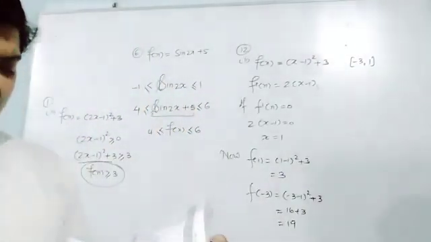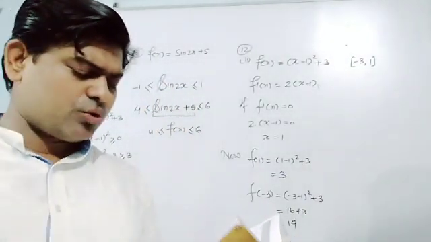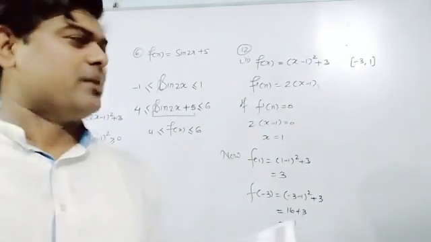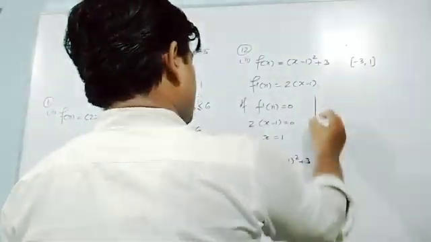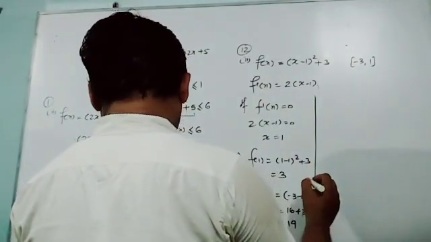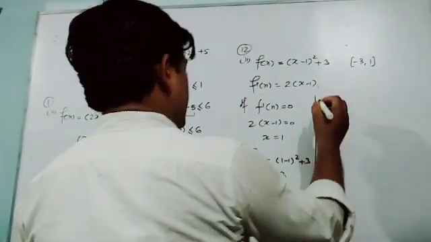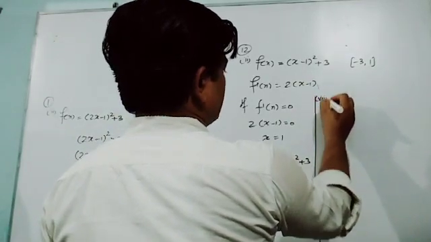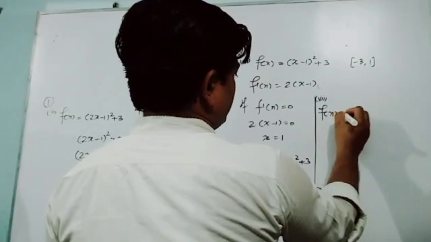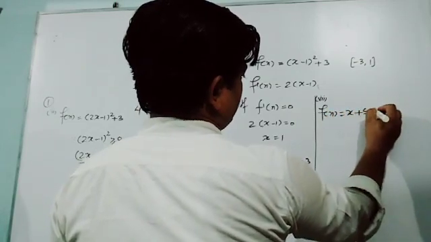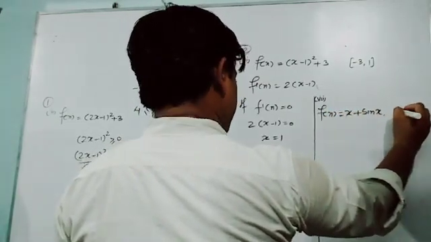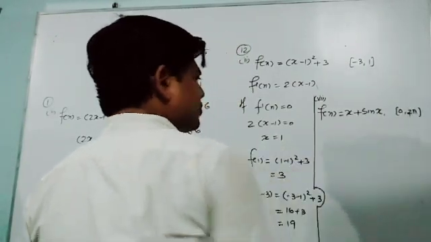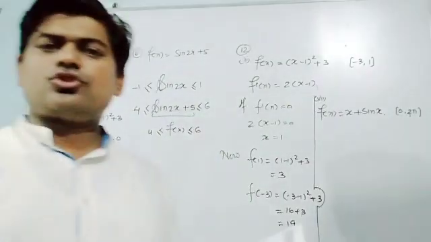I want to do one more question and hopefully after that it will be a little bit helpful for you. You can see one part of this question, x plus sin x. It is the seventh part. f(x) is given as x plus sin x, and in front of that an interval is given, 0 to 2 pi. It's talking about the value of x, that is 0 to 2 pi.